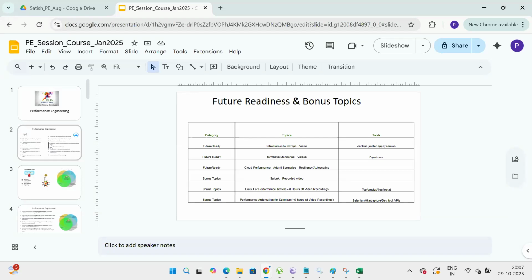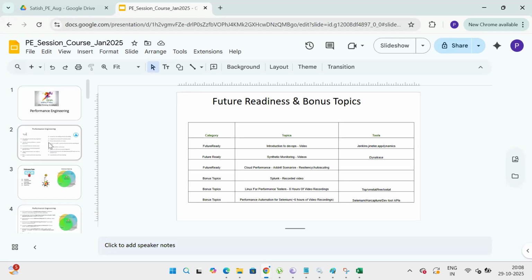What we'll do today is I'll go over a few introduction topics, and then we'll go over the course content, what we are going to learn in the next 3 to 4 weeks, and then we will look into the application that we will be using for the engineering, and then we'll take questions at the end. Meanwhile, if you have any questions, put them in the chat. I'll take them up in the end.